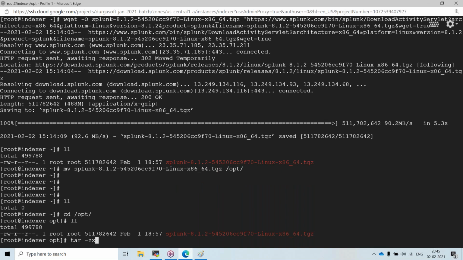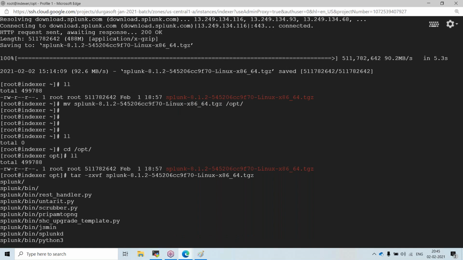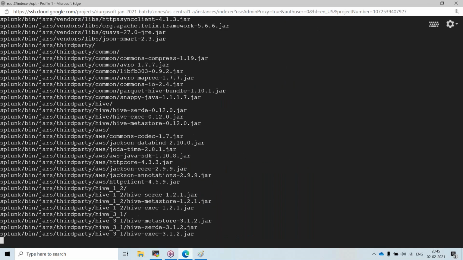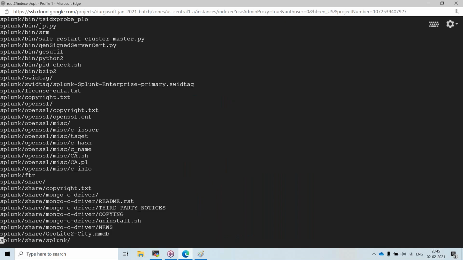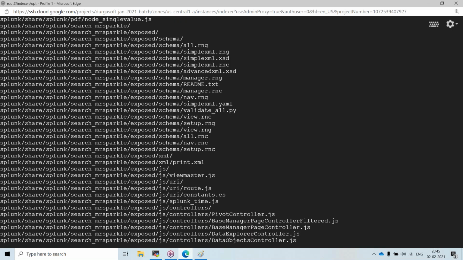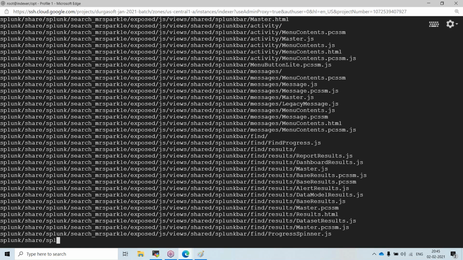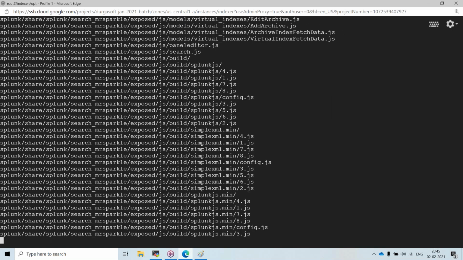tar -zxvf, and I have to give the Splunk package name. Now it will extract Splunk. Once the extraction is done, you just have to go to the bin folder and start Splunk. That's it.